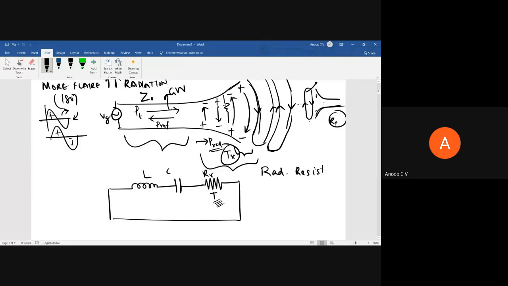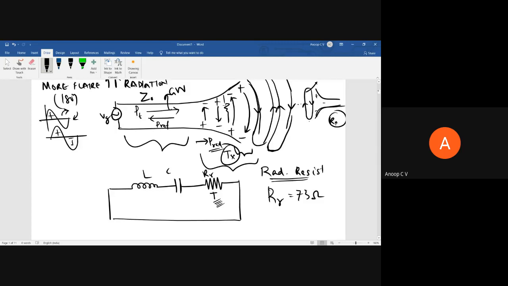So this RR is a radiation resistance, a fictitious resistance, but we can find out RR for a dipole antenna, and we'll find it is equal to 73 ohm. And RR for a short electric dipole is 80 pi squared times (L by lambda) the whole squared. All those steps we'll derive later, but for the time being, assume this RR is a fictitious resistance. It is actually the resistance of free space that this transmission line is seeing, so that it will deliver some of the power to it.